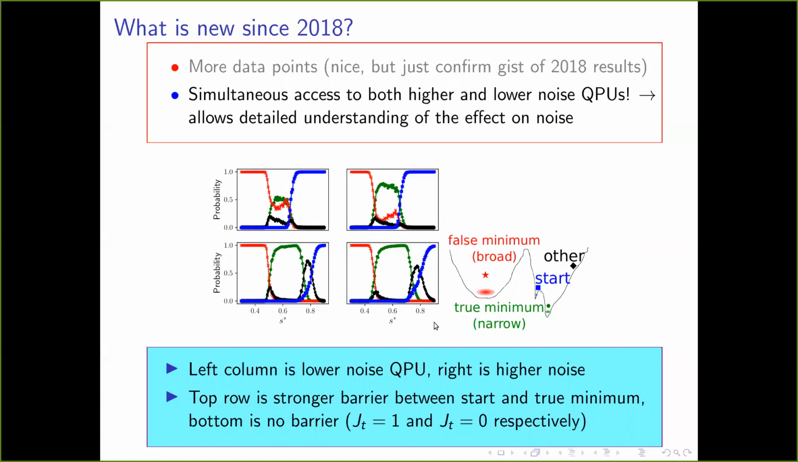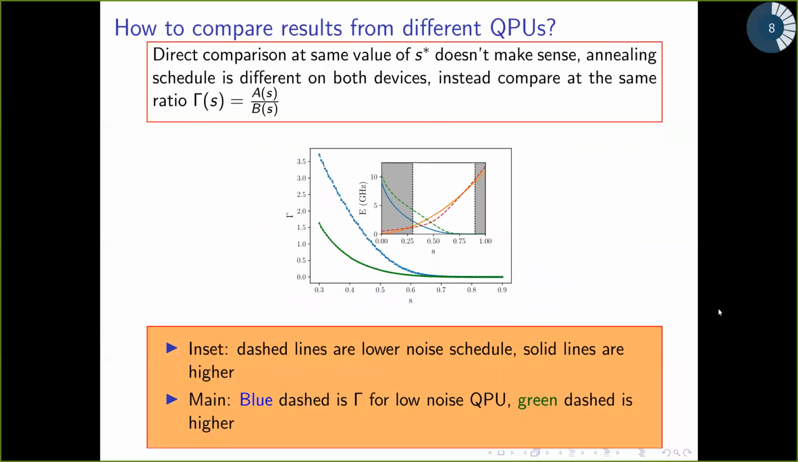Again, I have this sort of S star, and the difference between the top and bottom is just how big this barrier here is. And if it's not there at all, it goes, in both cases, very easily all to the true minimum. But when it's there, you actually get less going in the true minimum on the lower noise QPU. And we'll talk about that some more. But before we get to that,